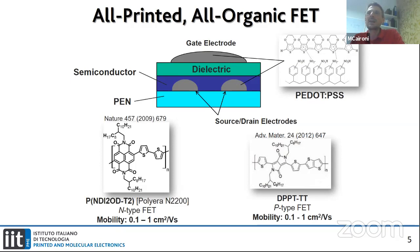These are field effect transistors. This is a cartoon, a sketch of this device. We call it top gate and bottom contacts, and there are many materials nowadays that you can choose from. These are materials from 10 years ago, but we are still using most of them. These are donor-acceptor copolymers, for example. These are semiconductors that give good properties and good performances,